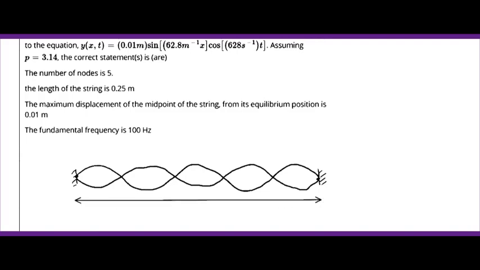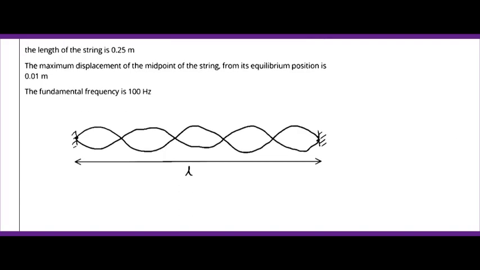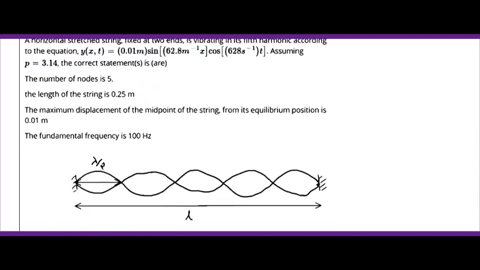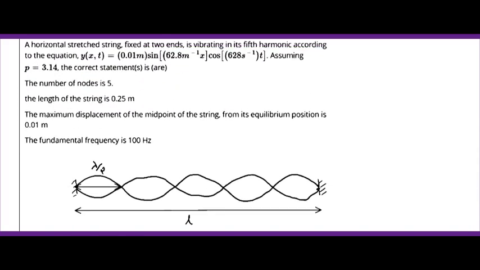So this will be our L, and we know that the distance between two nodes is nothing but lambda by 2. So this distance will be our lambda by 2. So how many nodes are there? 1, 2, 3, 4, 5. So the total distance will be 5 lambda by 2, and it will be equal to the length of string. So from here we can easily calculate the length of string, and we can easily check our second option,